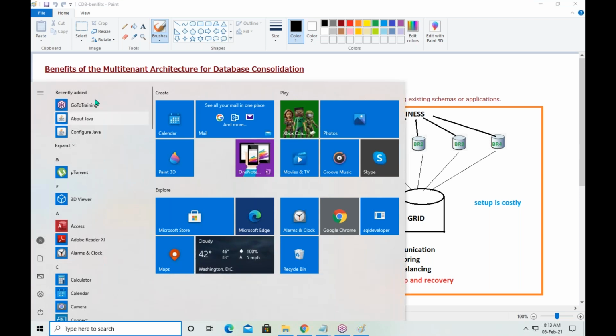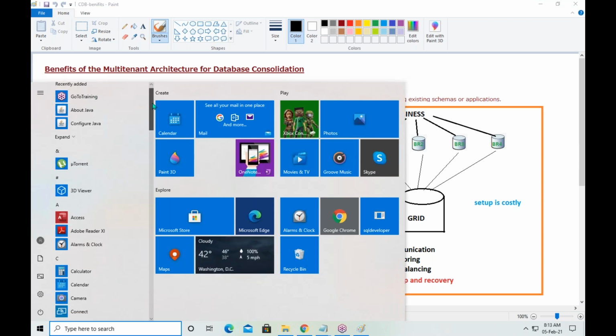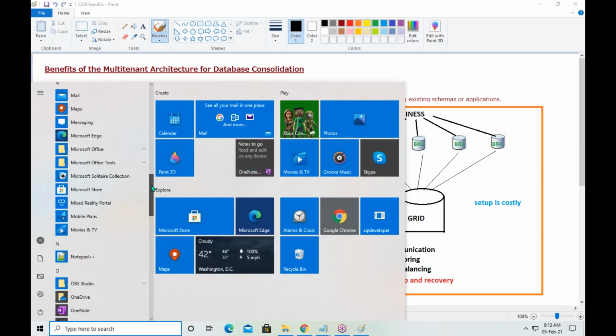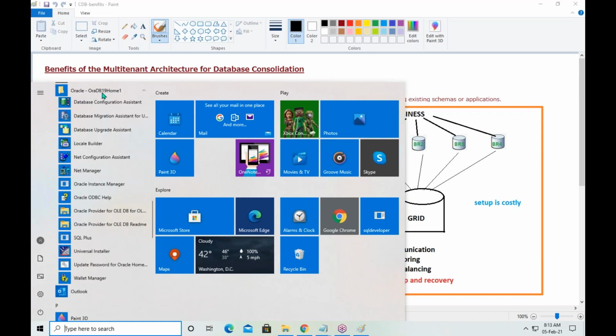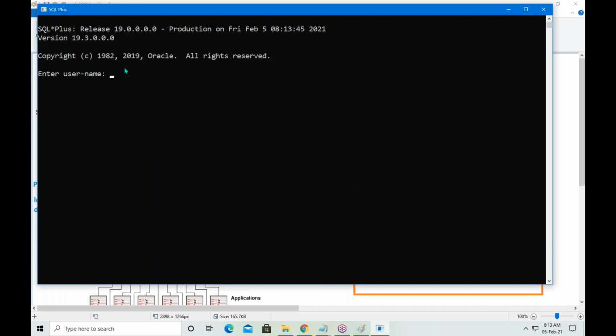Go to Start, Programs, switch to the Oracle folder, and under the Oracle folder select SQL Plus. Yes, it was opened, right?